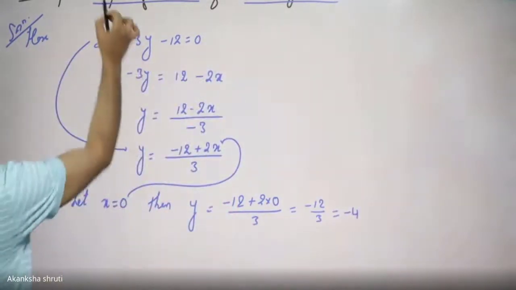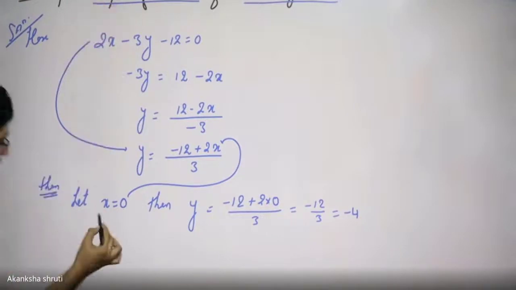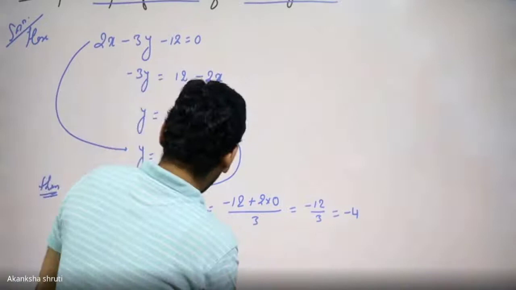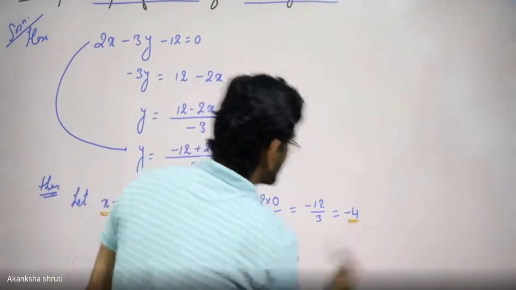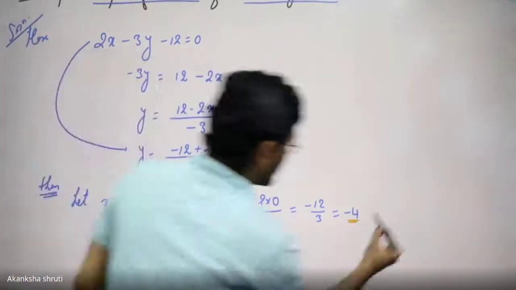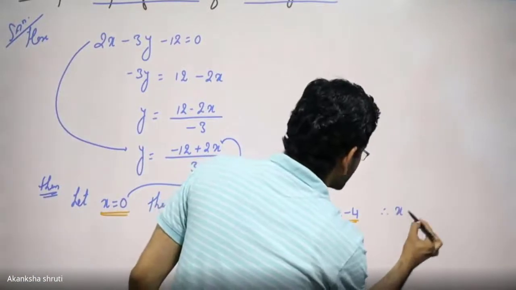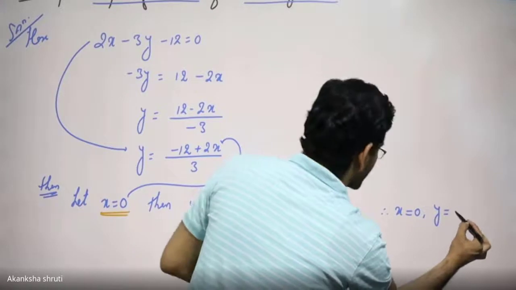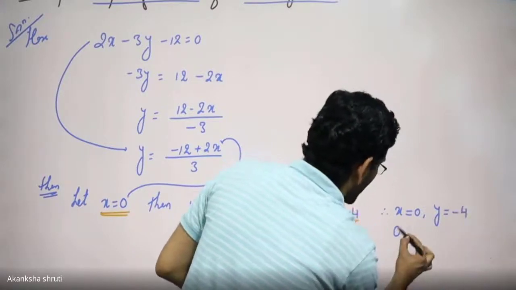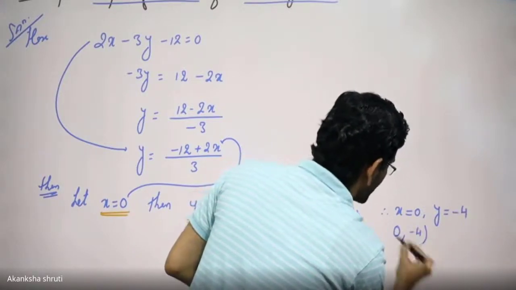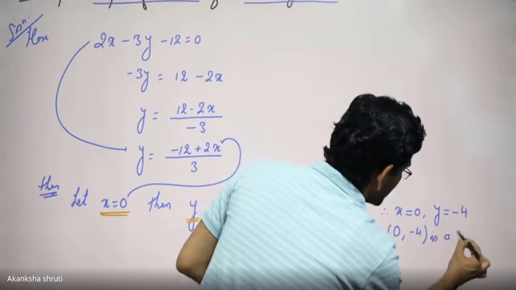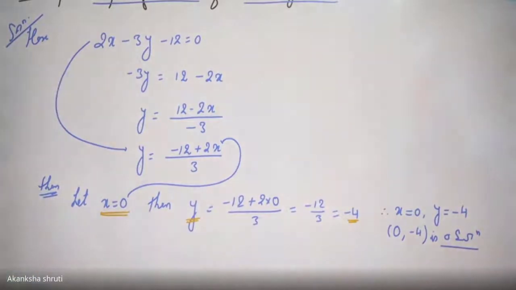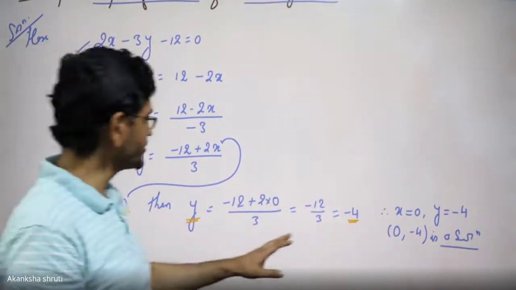So students, what we have done, very interesting thing. One of the x we have assumed and the other y we have calculated. This is the value of y. Therefore, this x equals 0 and y that we have calculated from this equation as minus 4, or 0 comma minus 4, is a solution or one pair of solution. So easy thing. So how to calculate this solution or pair of solution?